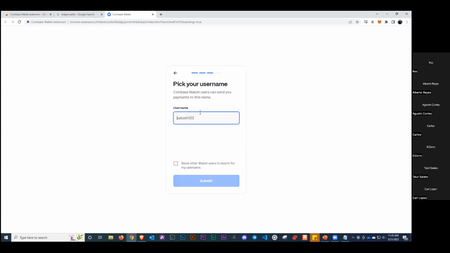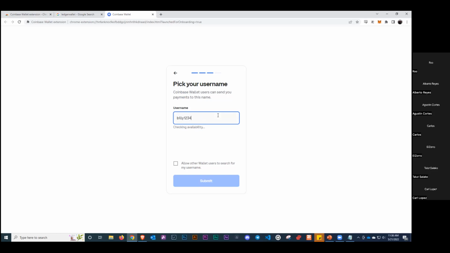And then I'm going to pick my username. Coinbase requires a username. It's just one of those things for Coinbase, because they want to be able to, I'm not sure if you see those Twitter things like ENS, like Billy.eth or .eth extensions. Coinbase is trying to do their own thing with their wallets, so that you can send money to a username, like Venmo, send it at this location. So I'm just going to create,